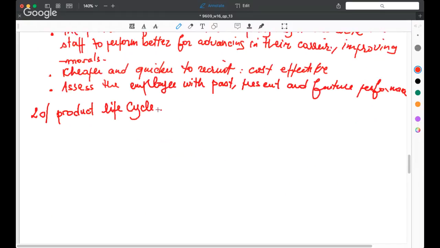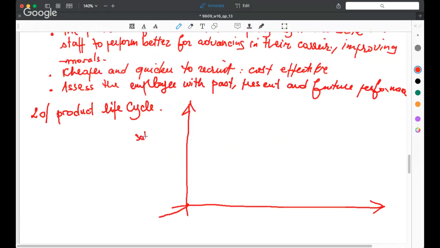So basically, if we draw, let's draw a diagram where we can define a life cycle of a product. So we said that, first of all, we are in the time of creating this product. And then we start from here. This is the sales over time. And this is the time. Okay? So first of all, you have, in this time, the time of the product, where the product life,